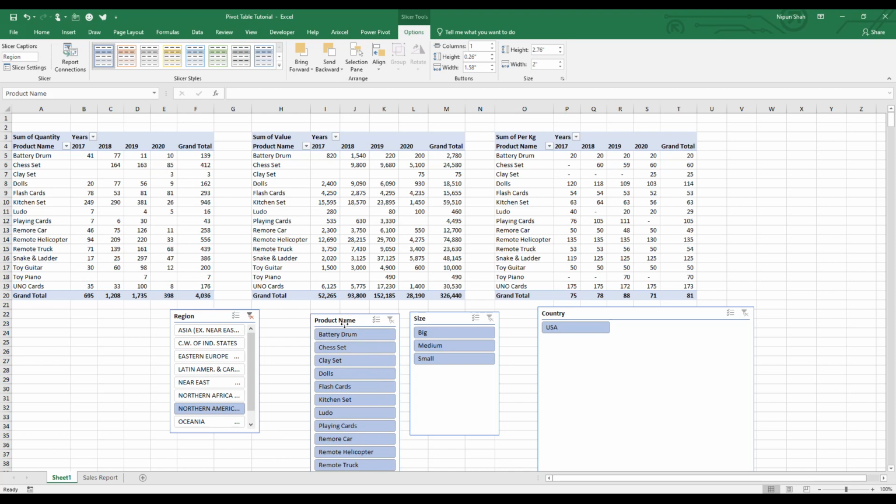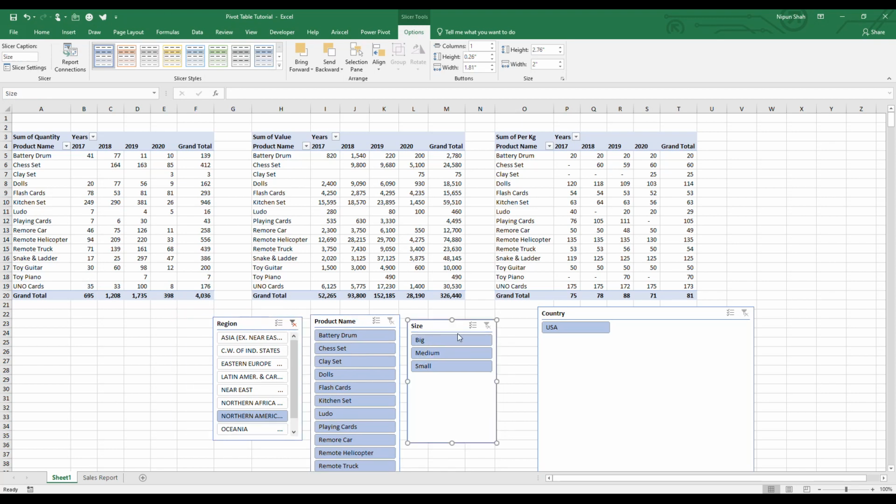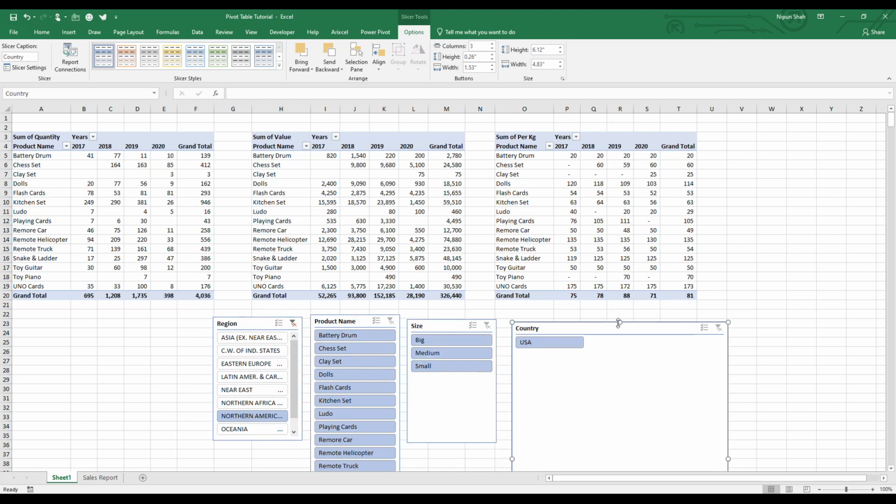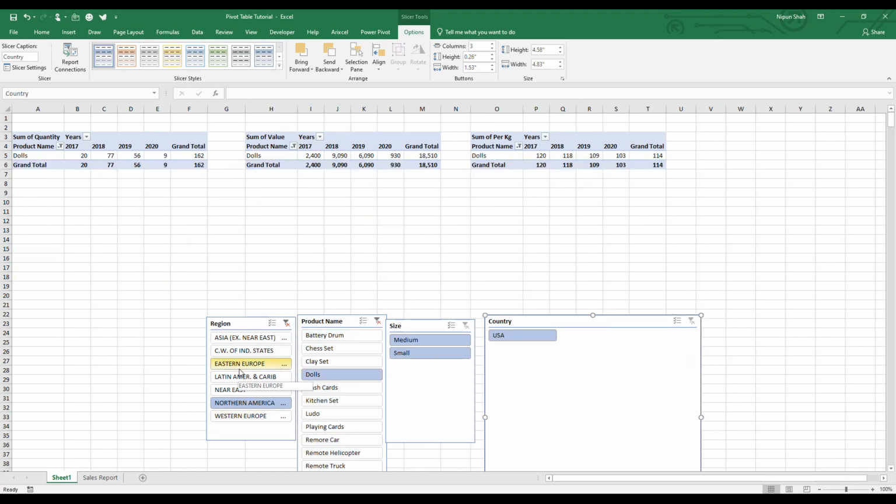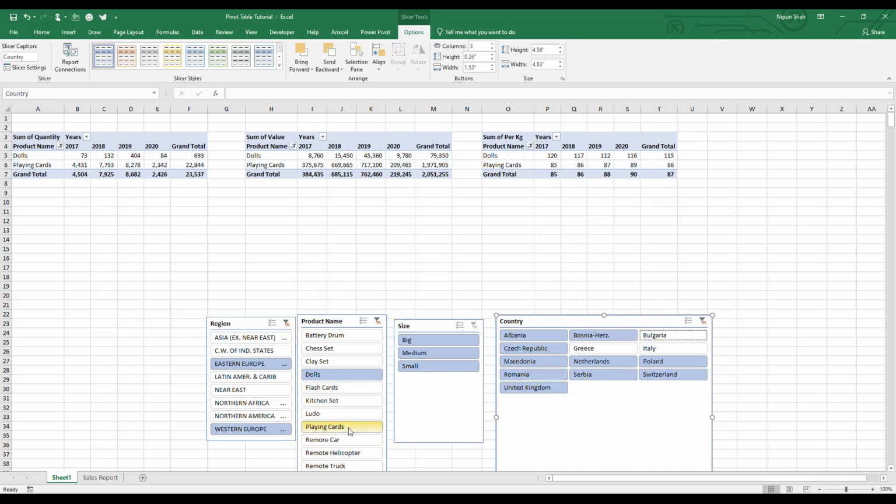Okay, now these slicers will control the pivot tables like you have never seen before. For example, dolls for Eastern Europe and Western Europe for medium size. See, the large is not coming because large has not been sold in these two regions. For Bulgaria, Greece, and Romania, I don't want. So for these five countries, the data is coming. I am putting playing cards also, so playing cards also coming here. Kitchen set also